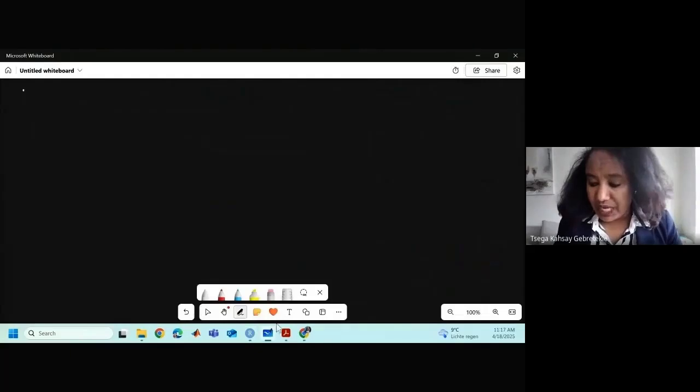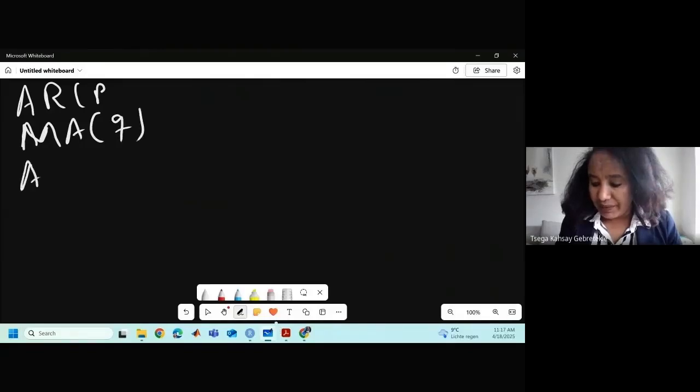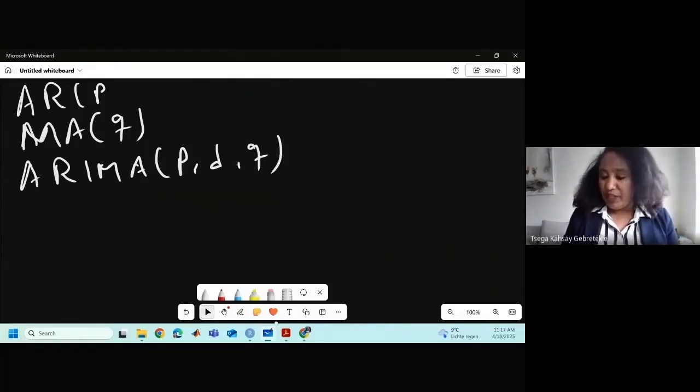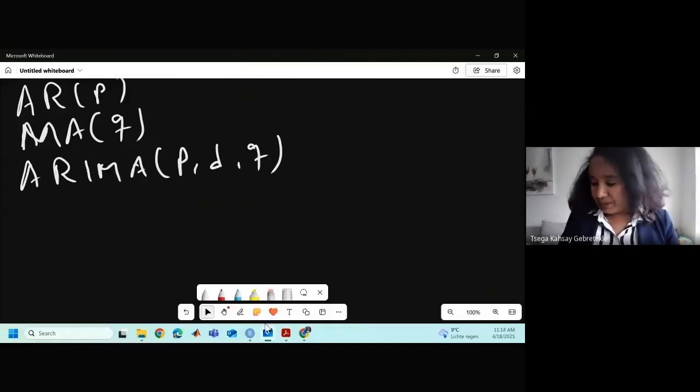In ARIMA models, I have the autoregressive order P, or lag, and a moving average of Q. If I'm going to use ARIMA, P, D, Q, I need some way to know the values for P, Q, and D. D is the differencing, so I can know from that, but for P and Q,